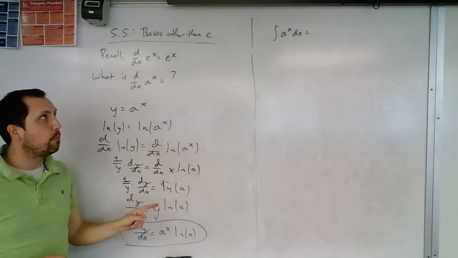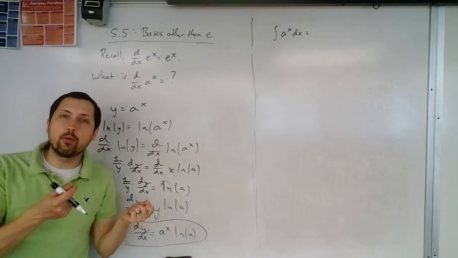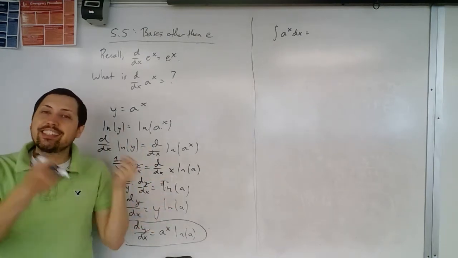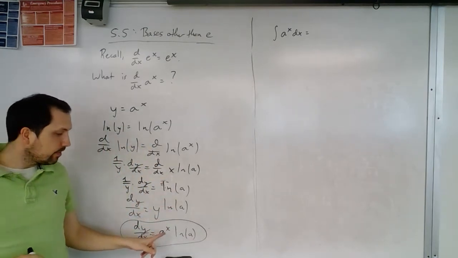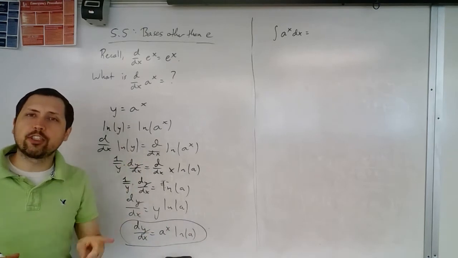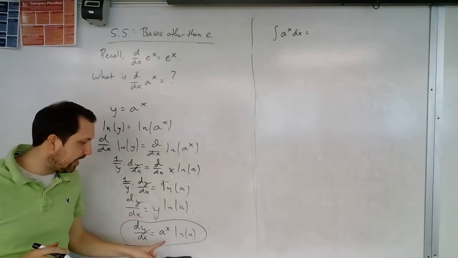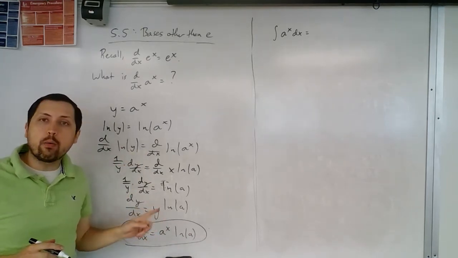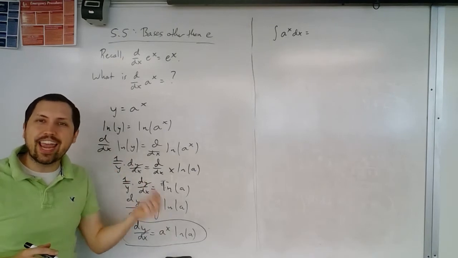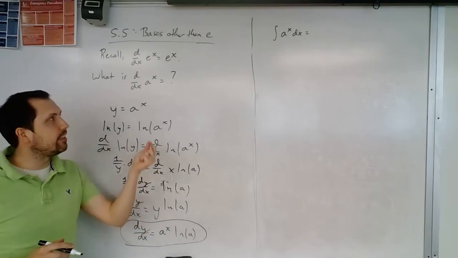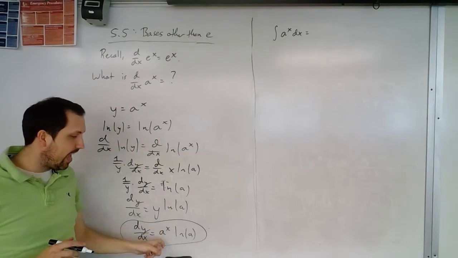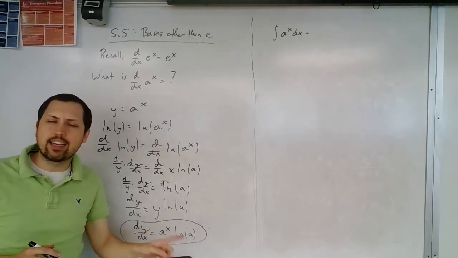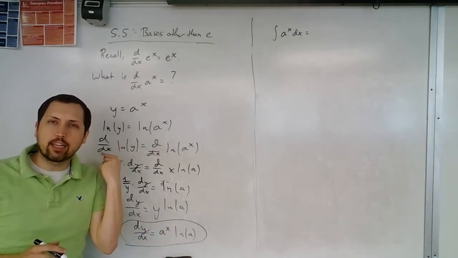So that's it. Now, what that means is if I want to reverse this and find the antiderivative, figuring out what function has a derivative equal to a to the x, in other words, what would I take the derivative of to get a to the x? Well, if I take the derivative of a to the x, I get a to the x times natural log of a. So that natural log of a is a little bugger that we want to get rid of,